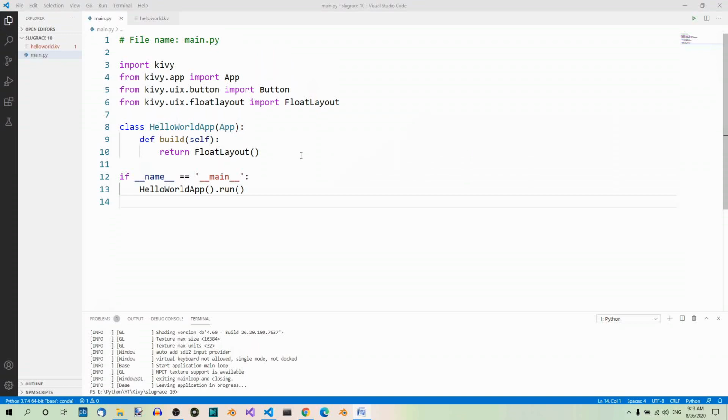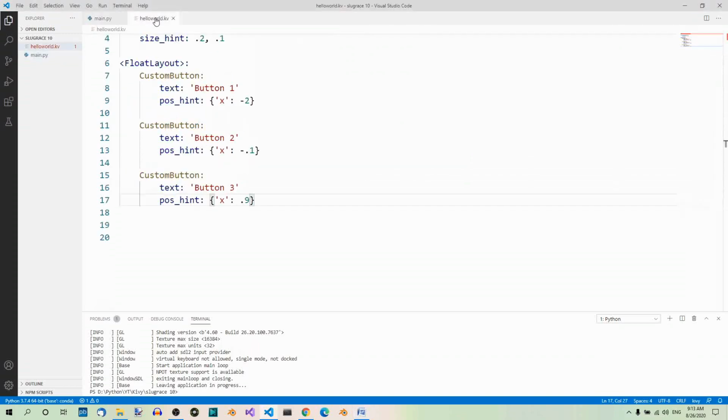So, the first button should be on the left. So we just set X to 0. Now, the second button should be in the middle. So let's use the center X property instead of X. Center X, and this should be set to 0.5. Finally, the third button should be on the right. So let's use the right property instead of X. Right